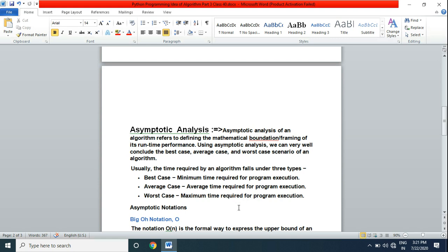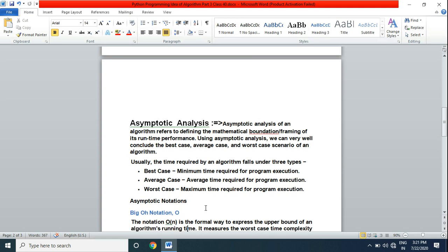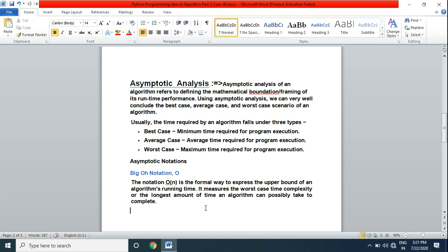So there are three cases to conclude our asymptotic analysis, which is a mathematical foundation of runtime performance. We have asymptotic notation, and a very popular one is big O notation.